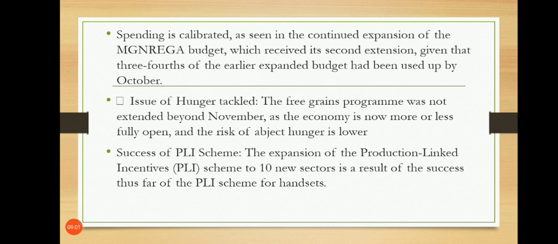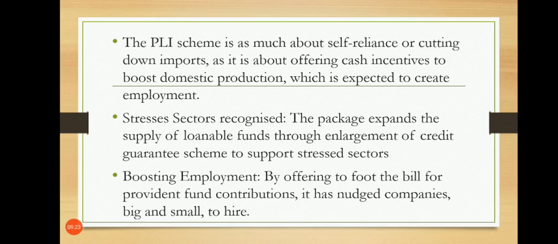ओके तो ऐसे सेक्टर्स को बढ़ावा देने के लिए हमारा जो मैन्युफैक्चरिंग दिस सेक्टर को स्ट्रॉन्ग करने के लिए PLI स्कीम का जो सक्सेस है इट प्लेज अ वाइटल रोल. And that's why the success of PLI scheme, this has shown that the Atmanirbhar Bharat 3.0 is a major success. Now PLI scheme is as much about self reliance or cutting down imports. Okay, so वही है कि आपका जो imports है वो जितना कम होगा और exports जितने ज़्यादा होंगे that would make up the domestic market.